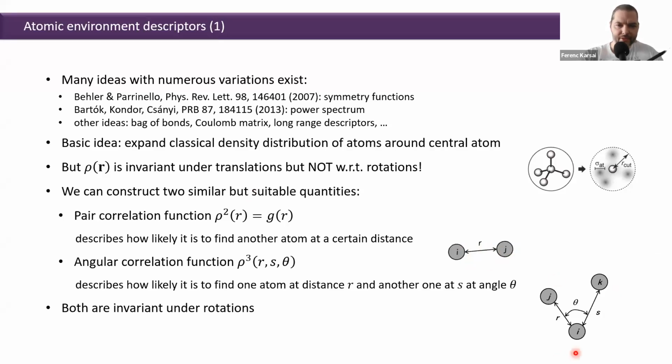Next we have the angular correlation function. This measures the distances to a central atom I of atoms j and k, with distances r and s, and the angle between them. So this descriptor is essentially a three-body descriptor. It is also noteworthy that if the two distances r and s are the same in the three-body descriptor and the angle is 0, these two atoms would lie on top of each other, and in principle this would then contain the two-body descriptor.